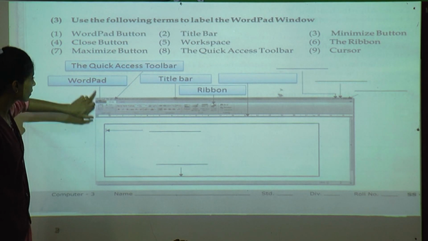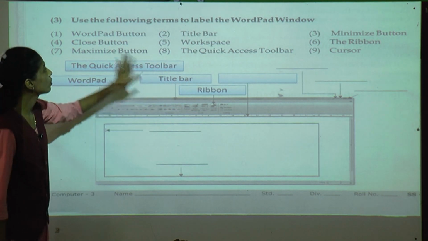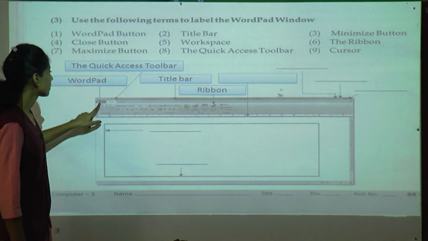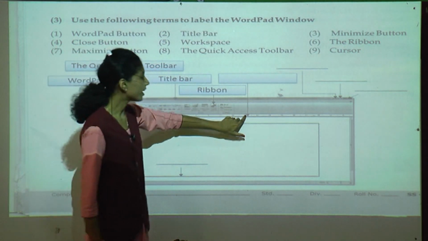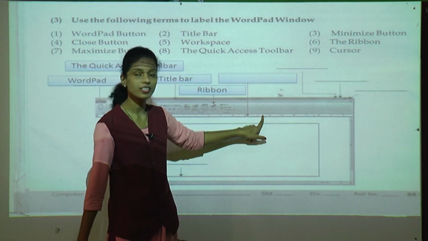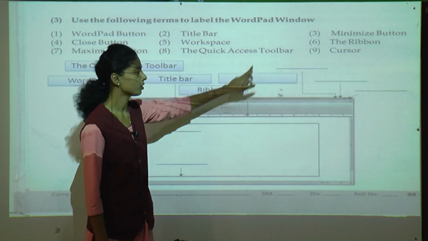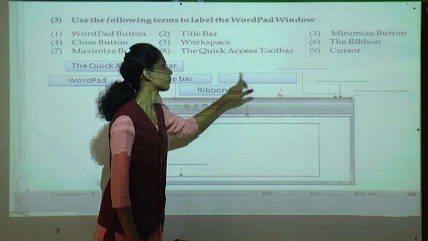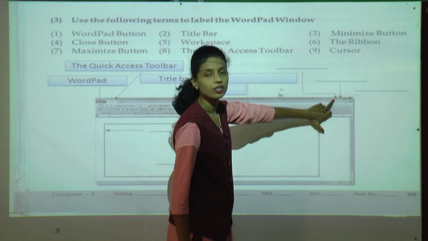Firstly, see the arrow. First arrow is WordPad button, then quick access toolbar. Go arrow wise, don't go number wise. Then third one is the title bar. Next one is the ribbon. And this is the ruler. But is there a ruler option? No. That's why leave this line as it is. Now next one.